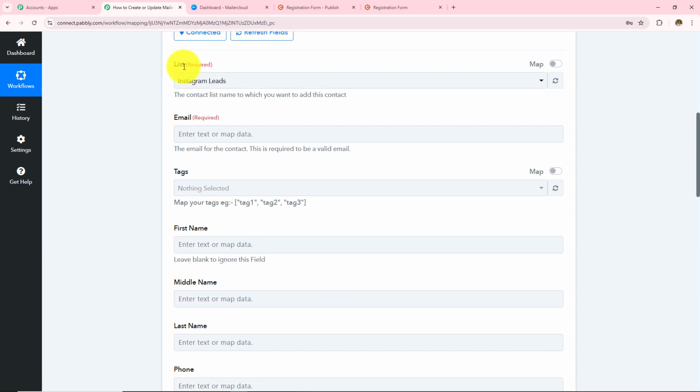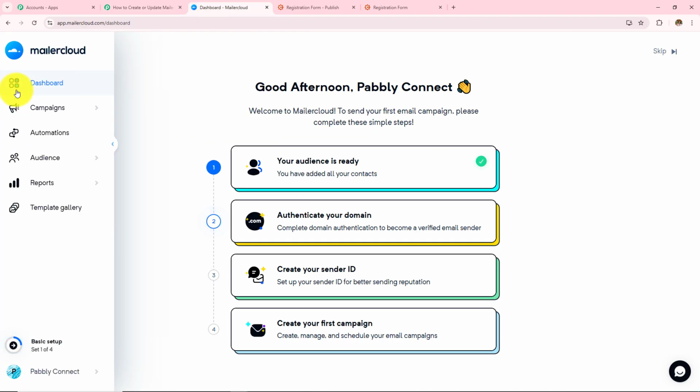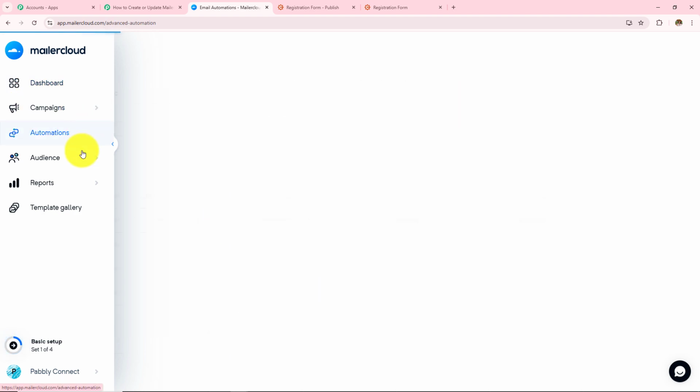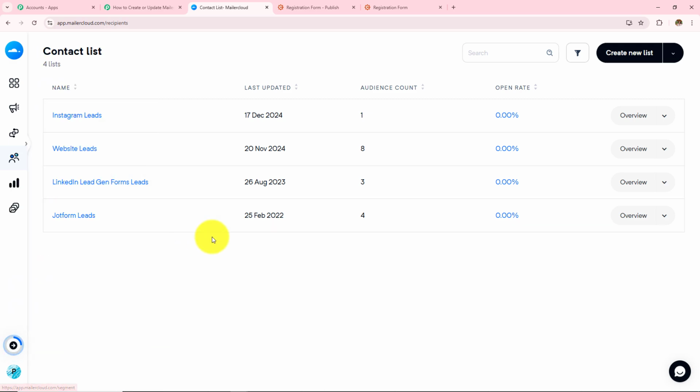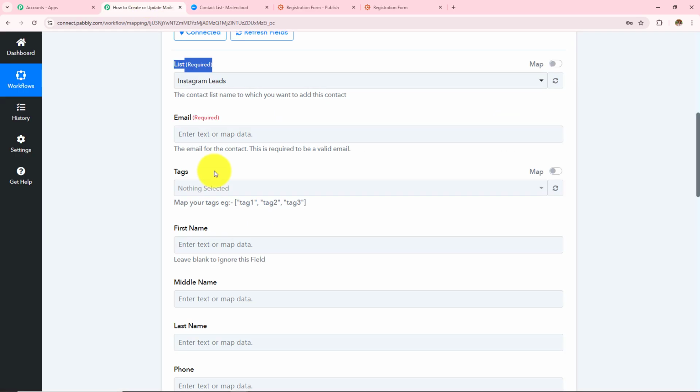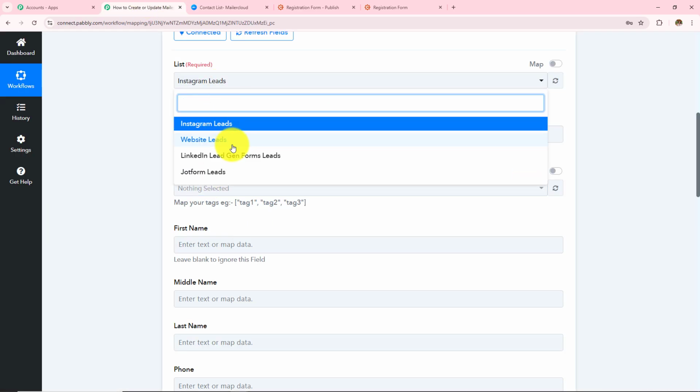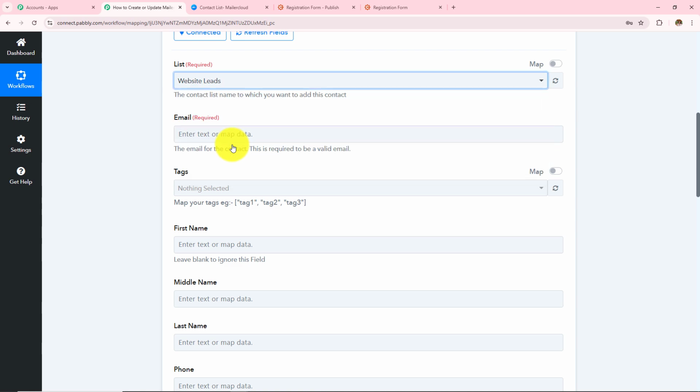So the first one is that I have to select the list in which I want to create this subscriber. So if I go to my Mailercloud account, on the left hand side I can see all these options. Here I have to click on this audience and then go to this lists. Here all the lists have been created, and I want to create this subscriber under this website leads. So I'll go back to Pabbly Connect, and from this drop down select my list as website leads,